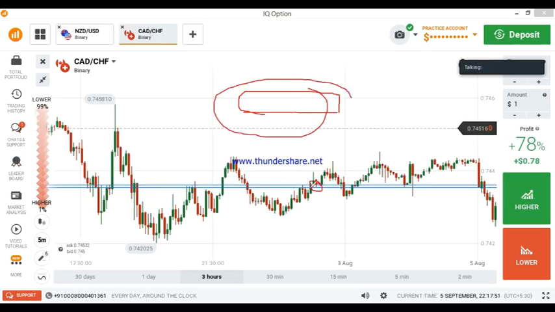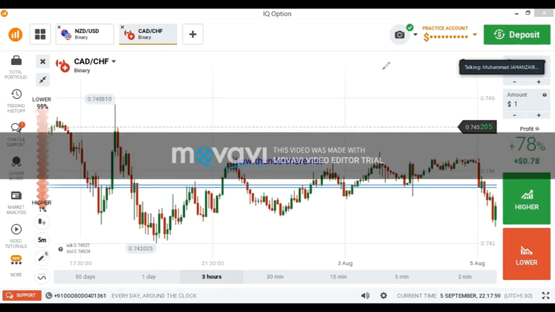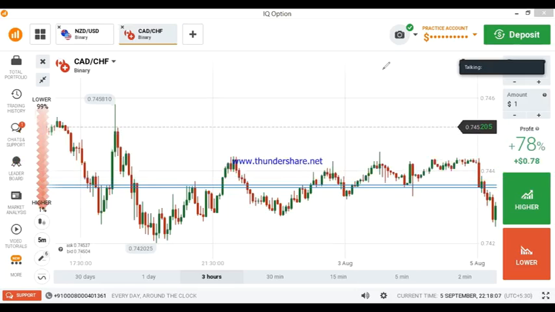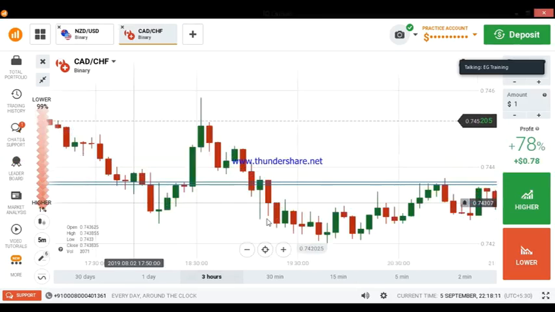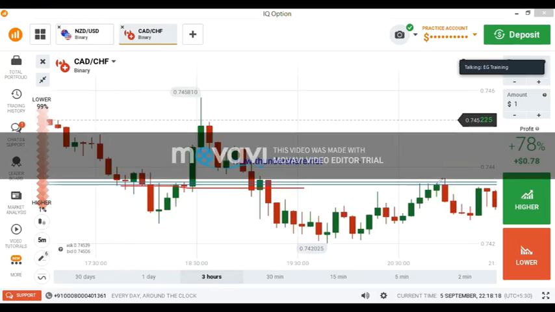Okay, sir. We can't draw it with one single line. And what is the specification? Meaning, how much gap do you put? How do you determine how much gap we have to keep between these two levels? There is no specific gap to draw. Actually, I have drawn this line only at the closing point of this candle.